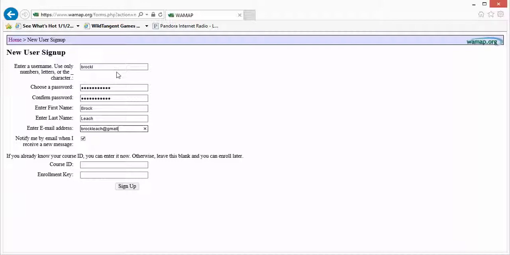I'm not going to use my personal address. I'm going to use the address that you're going to be using to communicate with me, which is catapultprep1@gmail.com. You're going to see that on the syllabus. Always make sure this box is clicked, that you want to be notified when you receive a message, because those messages I will send to you through the WAMAP system.